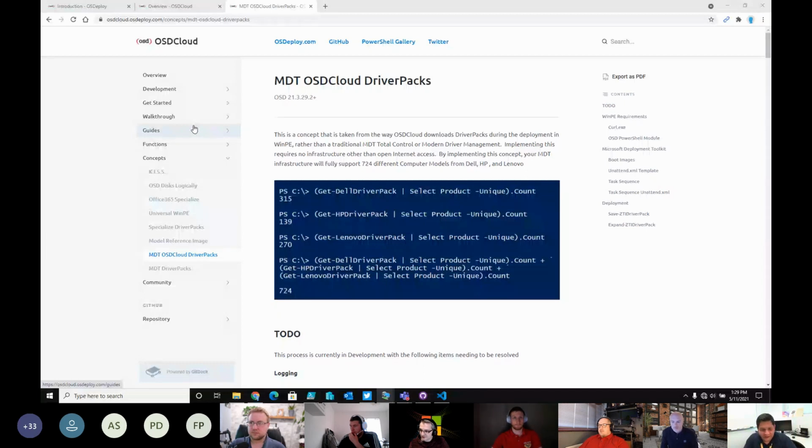I mean, I didn't sit around for months thinking, what can I do for the community? It just kind of worked in my lab, and so I shared it. And so it's really up in the air what the future of OSDCloud is, but the best I can do is simply keep it open for you guys to take apart and look at and play with and give feedback on.